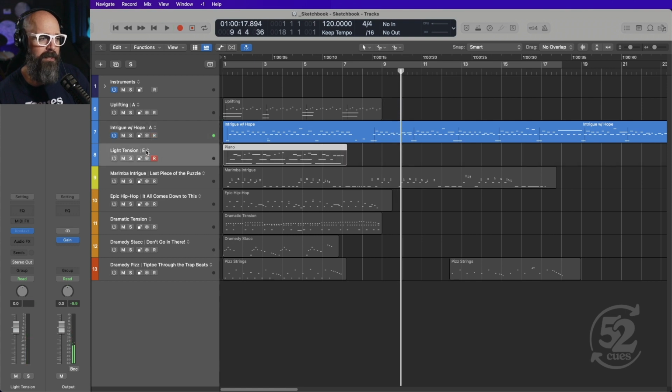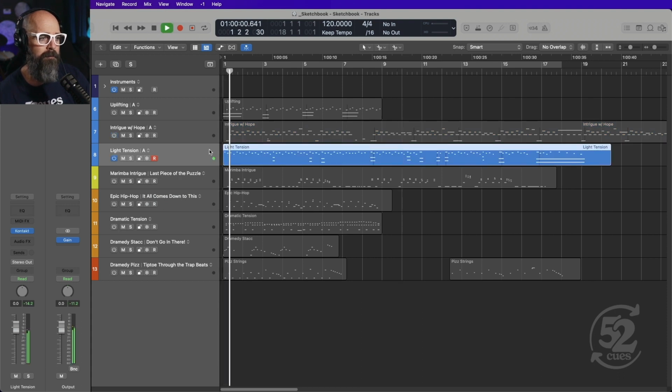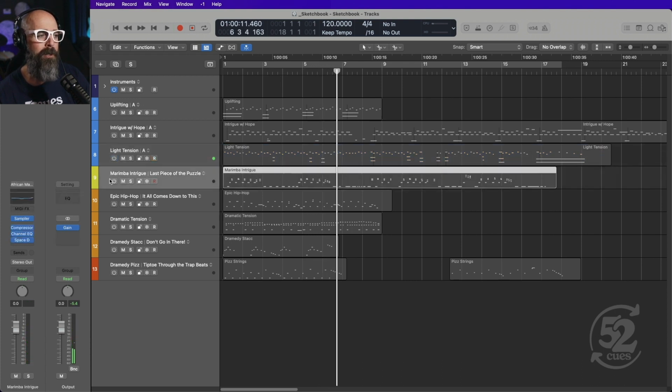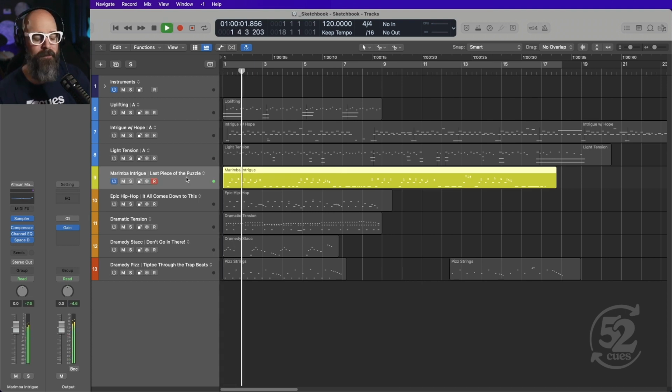All right, let's see. Do I have any light tensions that haven't been played? Here's a light tension cue. All right, so that's cool. Here's a marimba intrigue cue called Last Piece of the Puzzle. This interesting